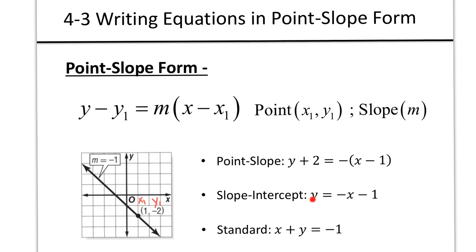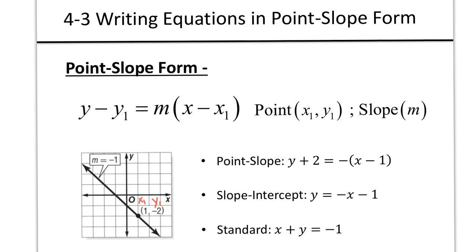Now, you can also change this slope-intercept form into standard form, so you can get the x and the y on the same side. That is standard form. X cannot be negative. You cannot have fractions or decimals. Remember that you can only have integers, but x has to be positive, and the x and the y have to be on the same side, and the constant has to be on the other side of the equal sign. So to do that, when you look at the slope-intercept form, you can take this minus x, you add x to both sides, you take this to the other side, and you have your positive x